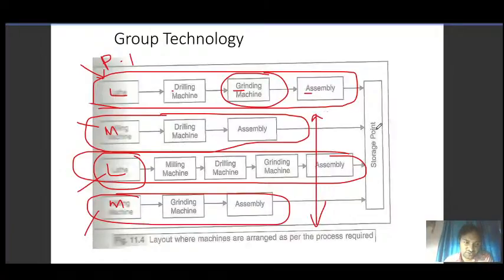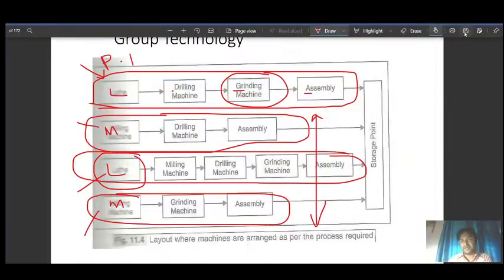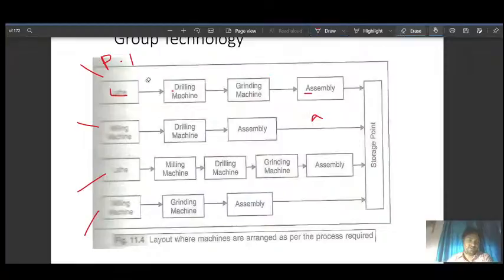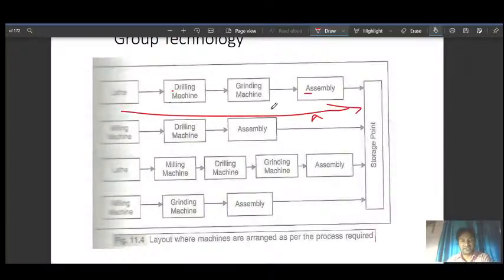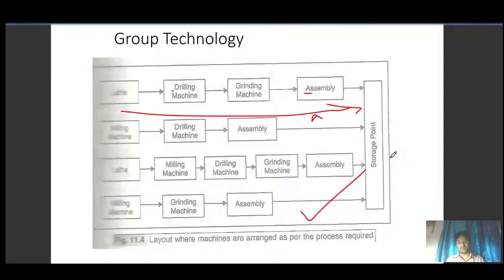Okay, so this one, again I want to tell you one more thing. And again you can see this one, which kind of layout it is. Exactly, progressive or line layout. Progressive or line. As you can see, machines are arranged in a line, or machines are arranged in a process that they are required to follow. So you can see what advantage, what bottleneck case you have avoided here.